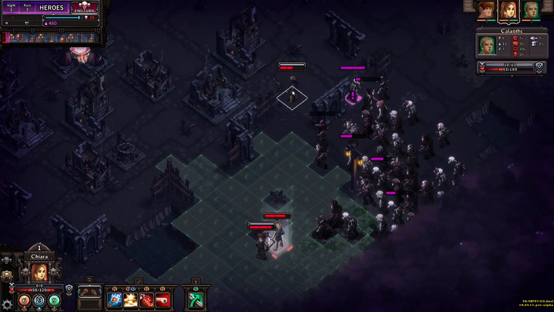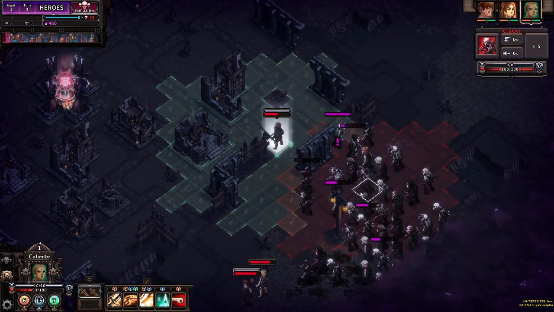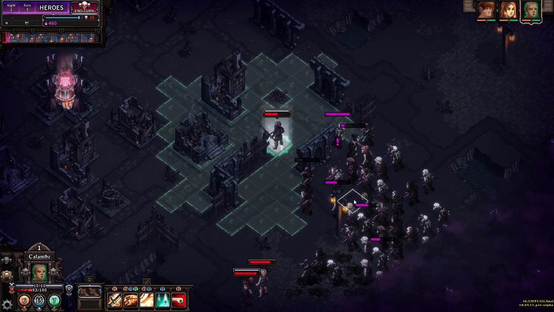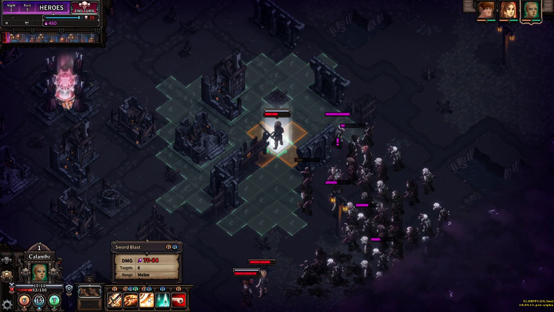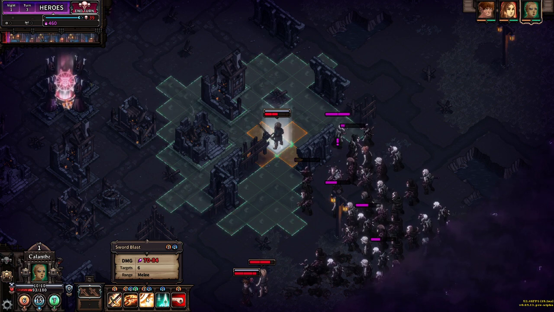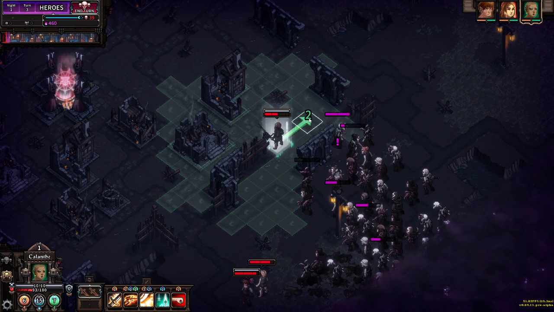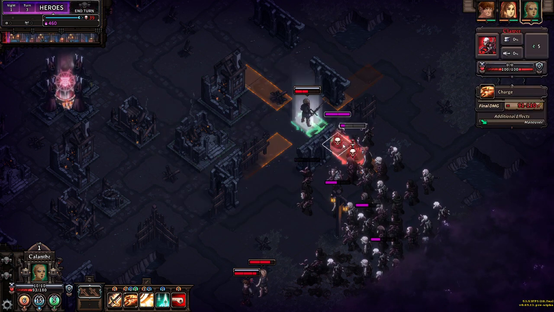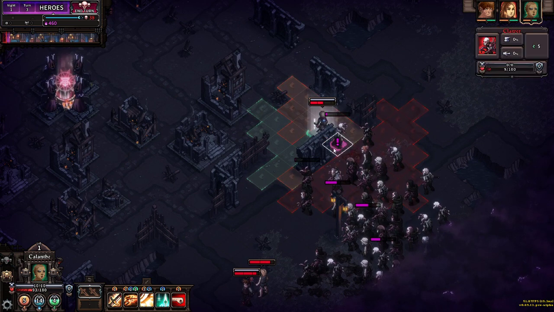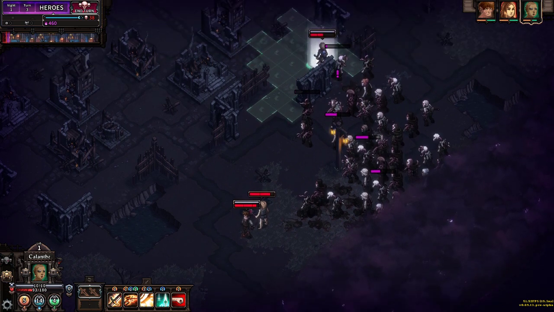Alright, yeah, quite a few of those. So now what? Sword Blast, it costs 3 action points. Do I just want to Sword Blast twice? I think there are too many that are just too close to the base right now. Yeah, I just...